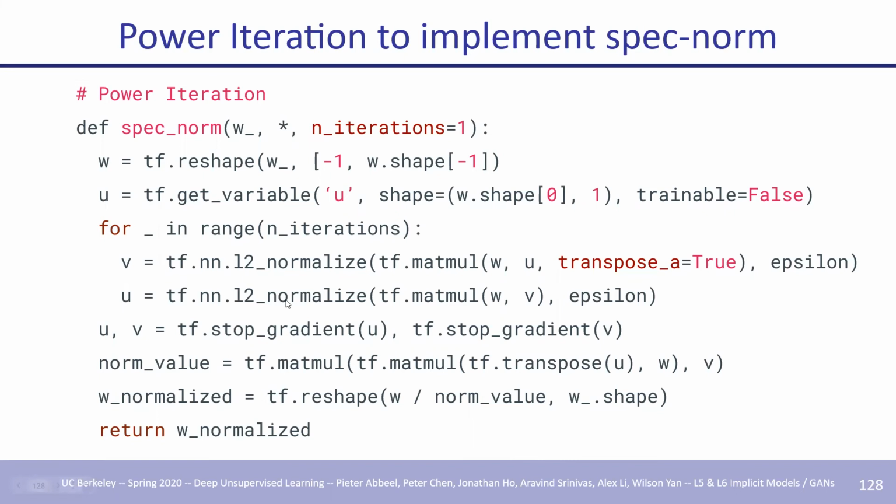And then it returns the normalized value. But the main trick here is that, well, this all makes sense, right? This is just the brute force method of finding the singular values. Just multiply it. The trick here is that the number of iterations is just one. So you just multiply your matrix by U and V once, and then get the normalization. So just setting it to 1 works. This one just runs through once only, so you don't even need this for loop. It just runs through once, and apparently it works well enough that